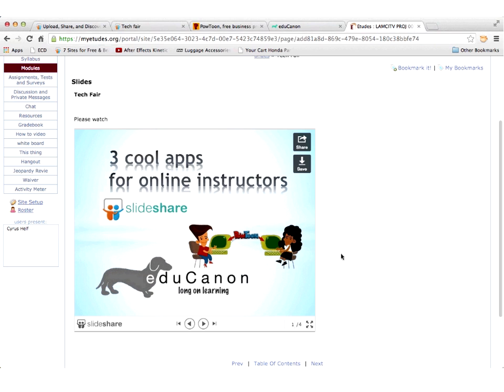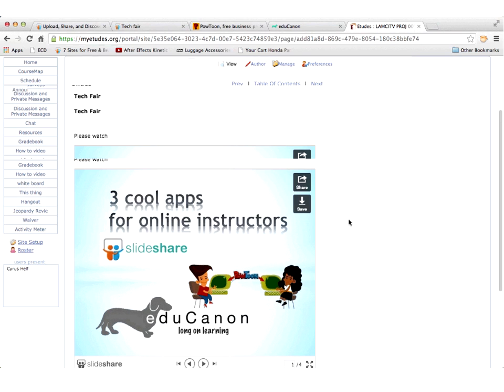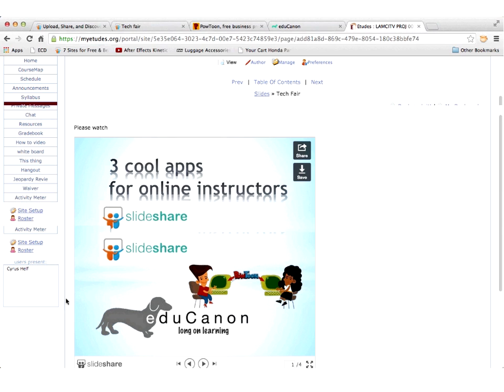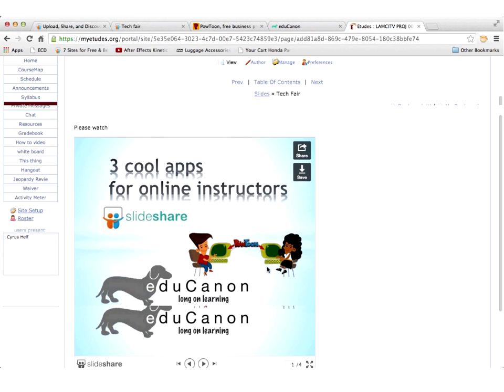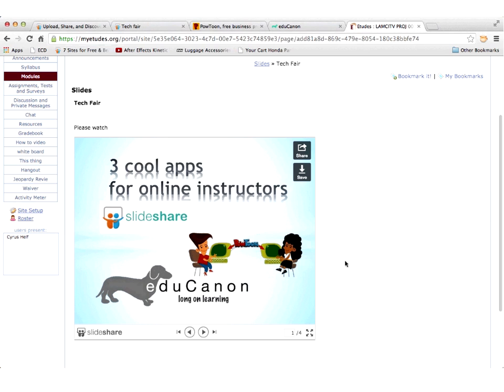Accessibility concerns, great question. There are, as with everything, accessibility concerns. SlideShare used to allow you to add audio to your slides, so you could actually talk. But they've taken that function away, even on the Pro version. But that's perfect timing on that question. So I'm going to go back to SlideShare,